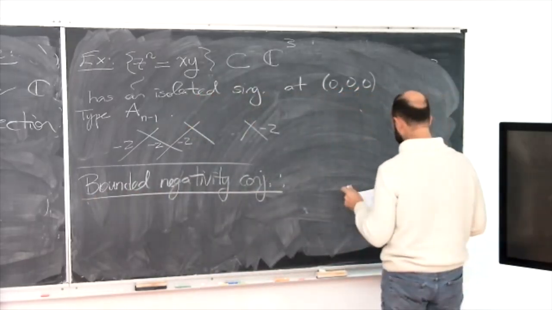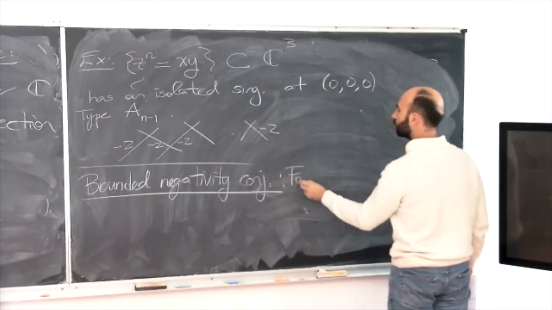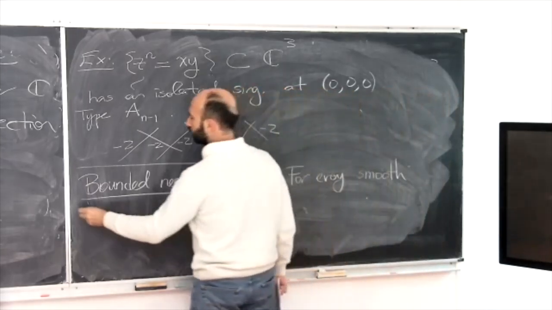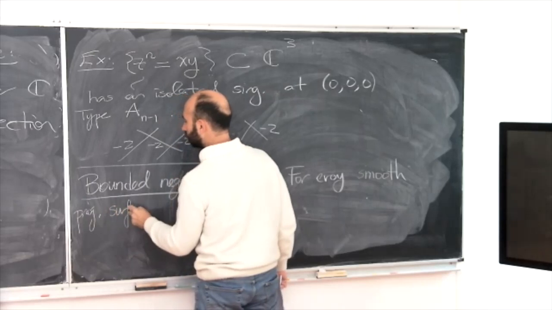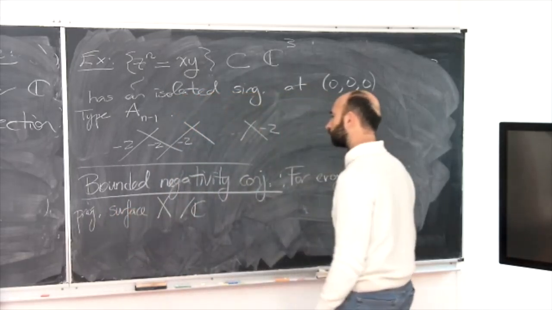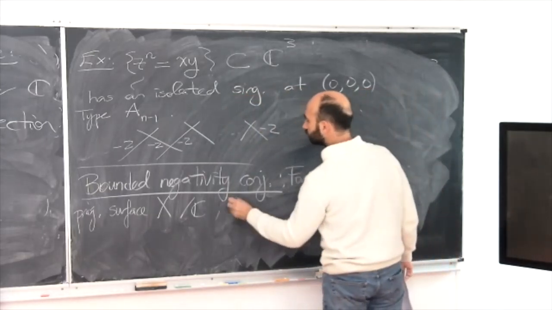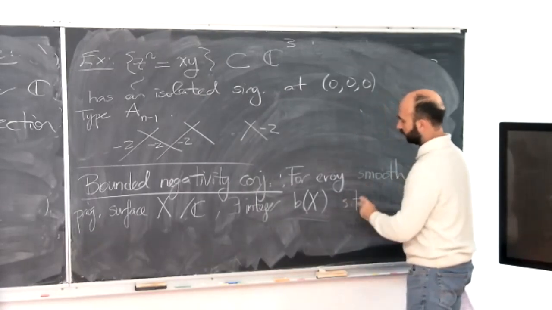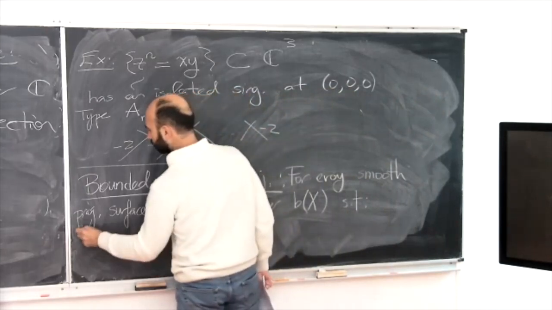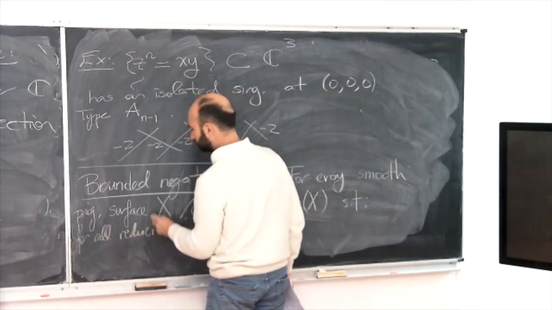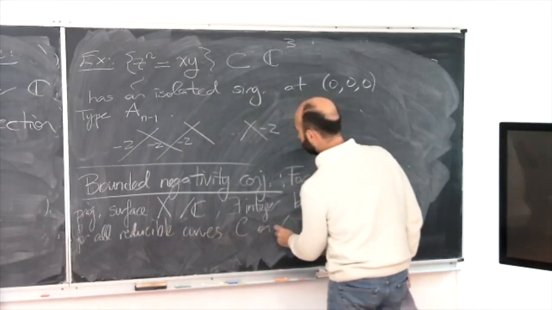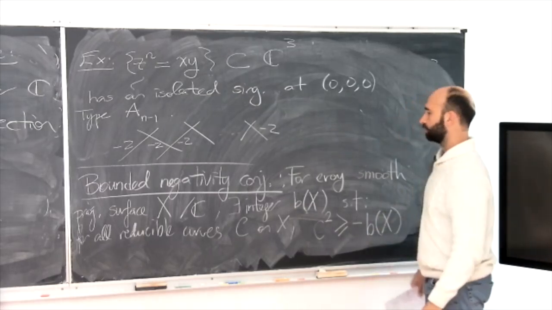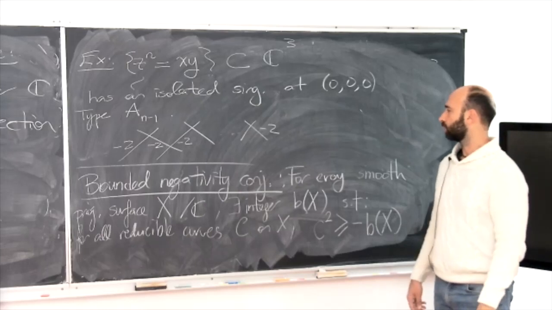Okay, so it says for every smooth projective surface X over complex numbers, there is an integer b depending on the surface X, such that for all reduced curves C on X, one has self-intersection greater than or equal to minus b_X. So this conjecture is about